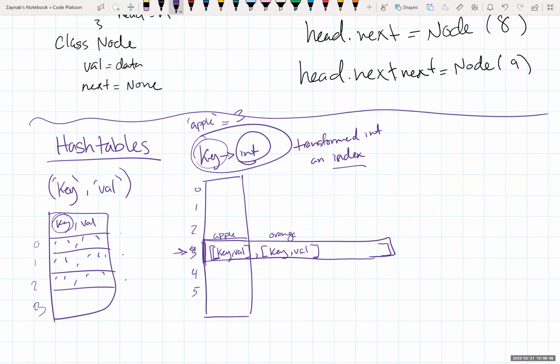Yeah. So the hashing, you're already hashing it to here. You could actually do that. I think it might get a little more complicated if you have a hash table within a hash table, but I believe I've seen that before. But instead of using a list here, you can actually just use a linked list. So that way,